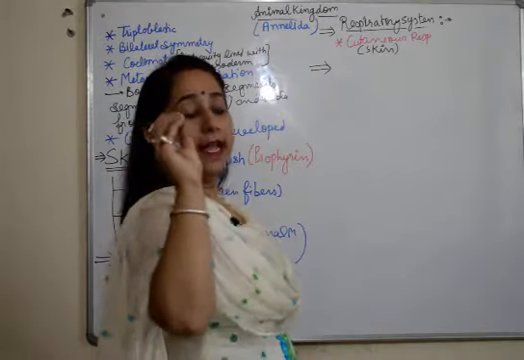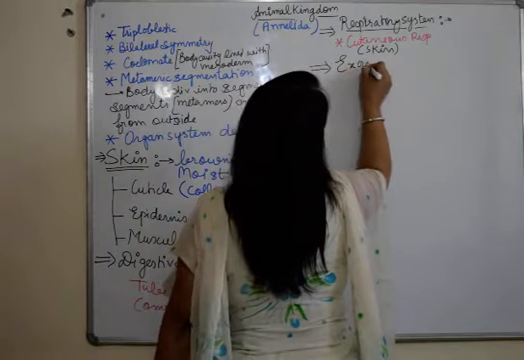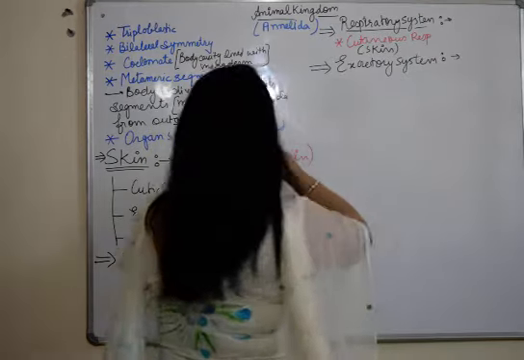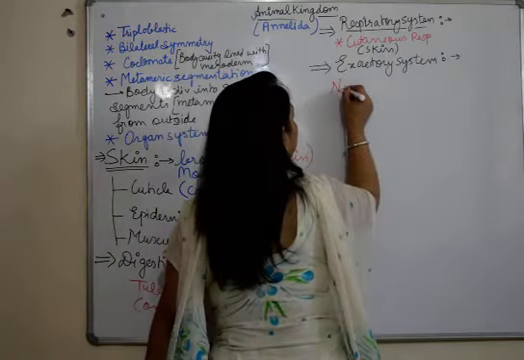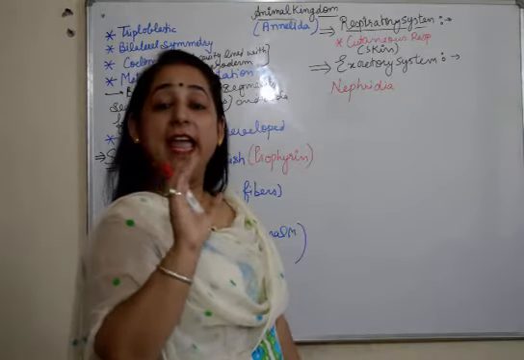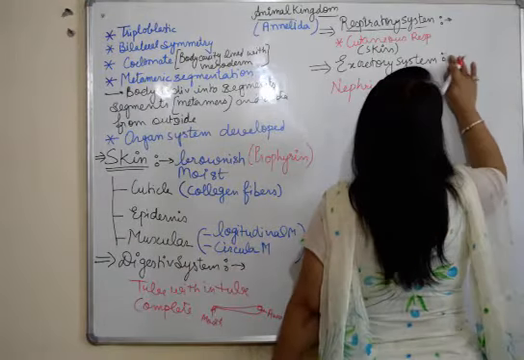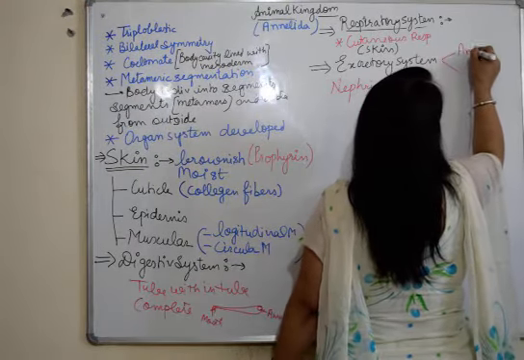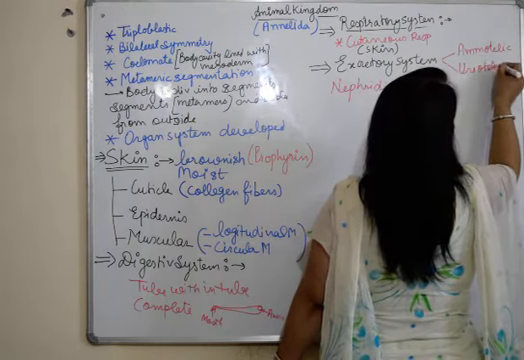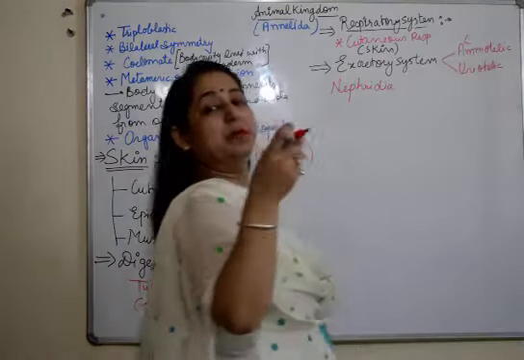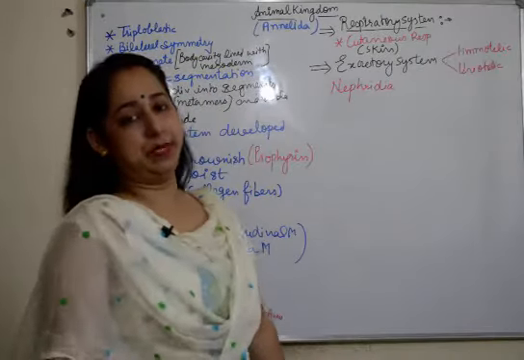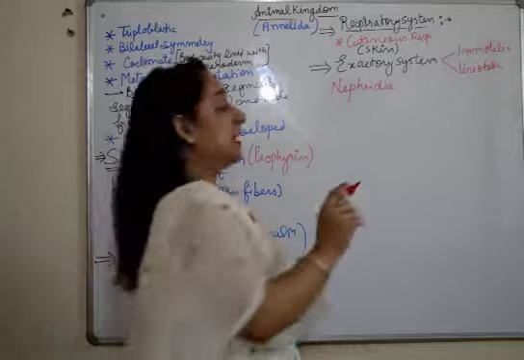Next system is the excretory system. Now excretion in case of annelids takes place from nephridia. First of all they excrete out the waste, which can be of both types. I'll just write here. They can be ammoniotelic and they can be urotelic also. How? Ammoniotelic will be the ones which are found in muddy areas or where the water is there, and urotelic will be the ones which have terrestrial habitat. And the organ which is used for excretion is nephridia.